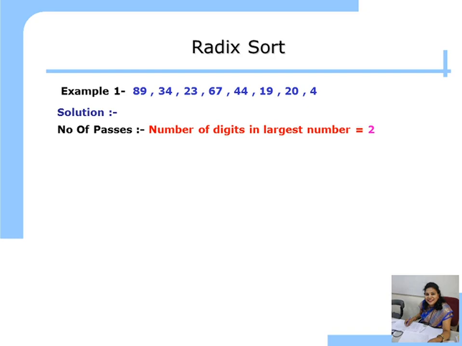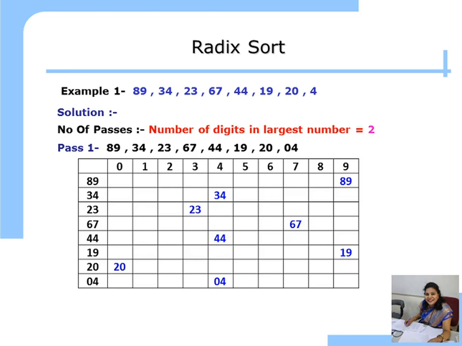So let us see the procedure of how to sort. In pass 1, we first convert all the numbers into 2 digits. See, 4 is a single digit number, so we convert it into 2 digits by appending a 0. So 4 will become 04. Now in pass 1, we will first draw the buckets. As I told you, if you are going to perform the radix sort on numbers, you will require the 10 buckets 0 to 9. So we put the 10 buckets 0, 1, 2, 3, 4, 5, 6, 7, 8, 9,